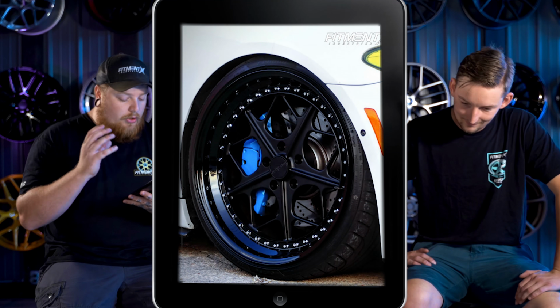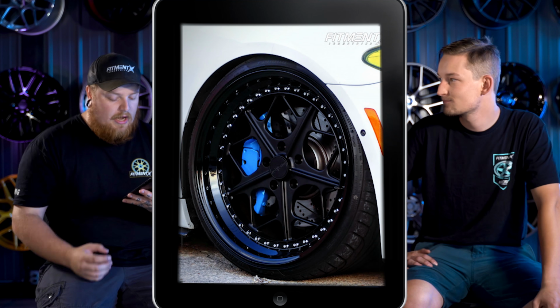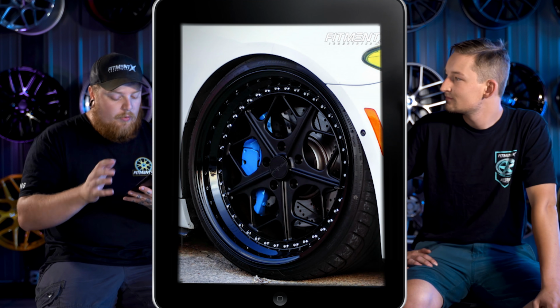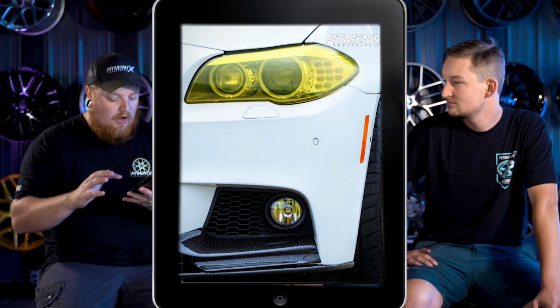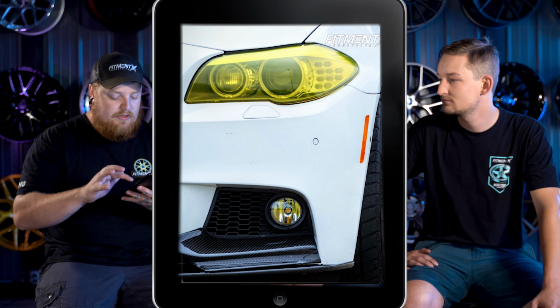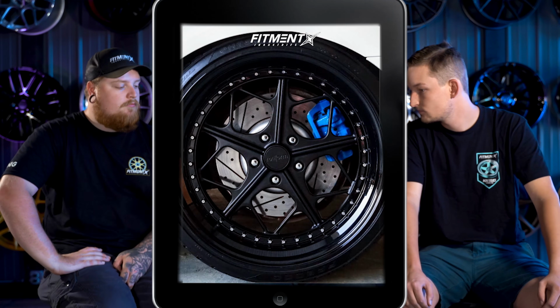I do like the blue calipers. That makes it pop a little bit. But it's kind of a weird contrast with the yellow covered headlights and fog lights. I don't know. I know it's kind of the race-inspired look, but I'd almost like to see it without it. Yeah, I'd have to say I 100% agree with you on the black wheels, because